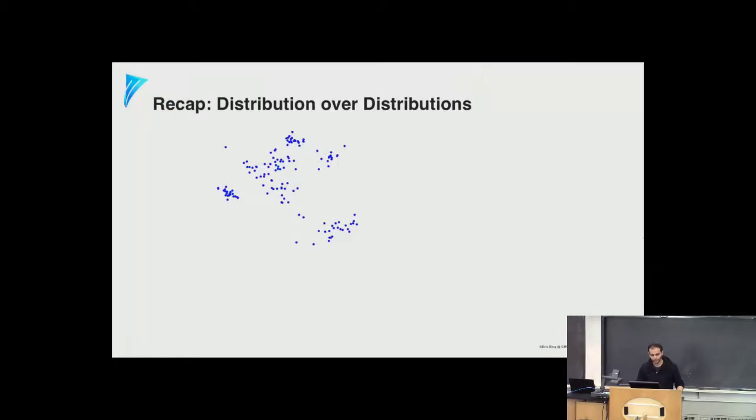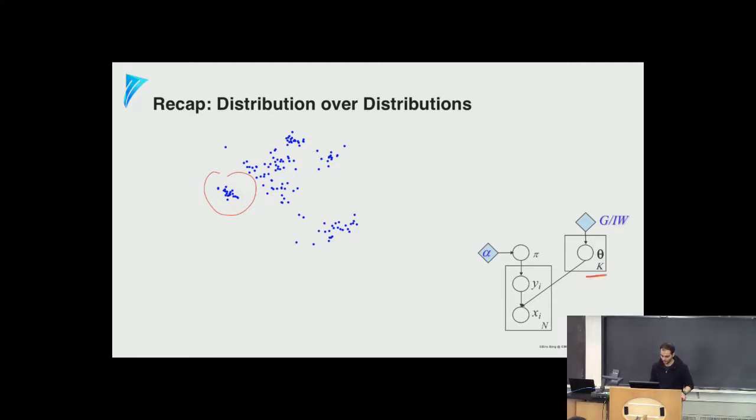But let's start with a quick recap first, to see where we left off last time. Eric introduced this distribution over distributions, where the goal was to model the distribution over data. Given all these points that we have here, we'd like to know from which subdistributions they potentially came from. One way to do that is to introduce a mixture of, let's say, Gaussian distributions, or a mixture of components, where we have some finite number of mixture components k. They produce some parameters,